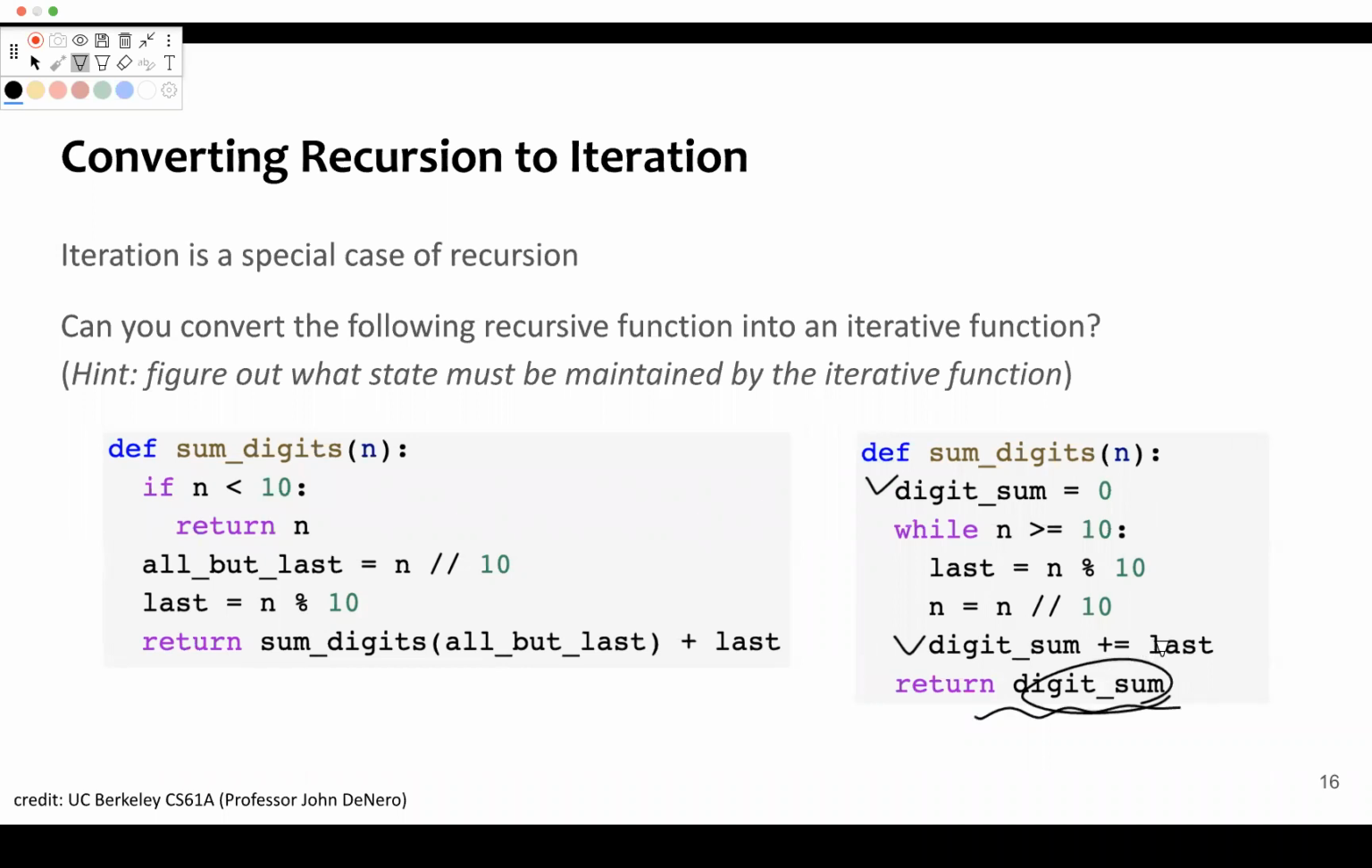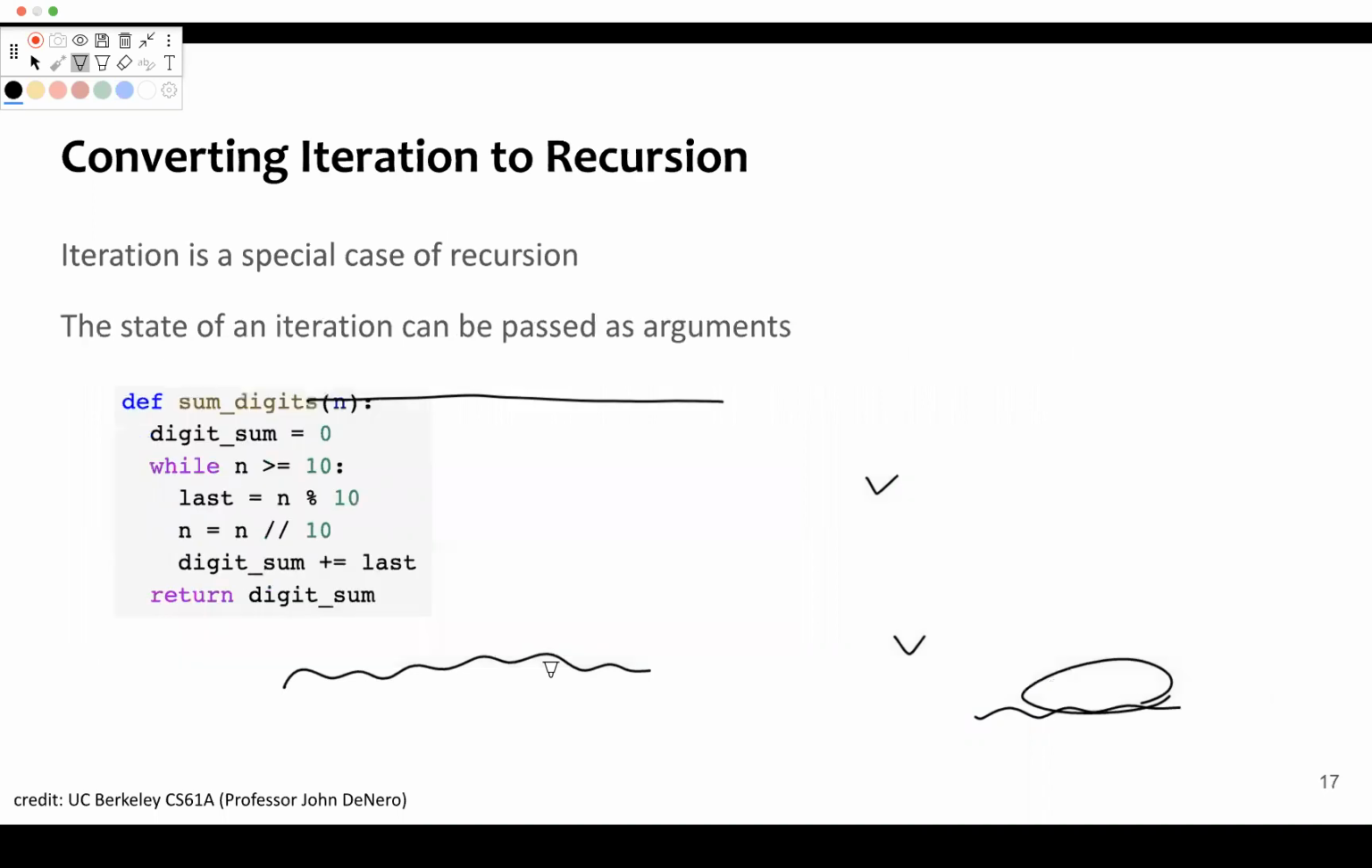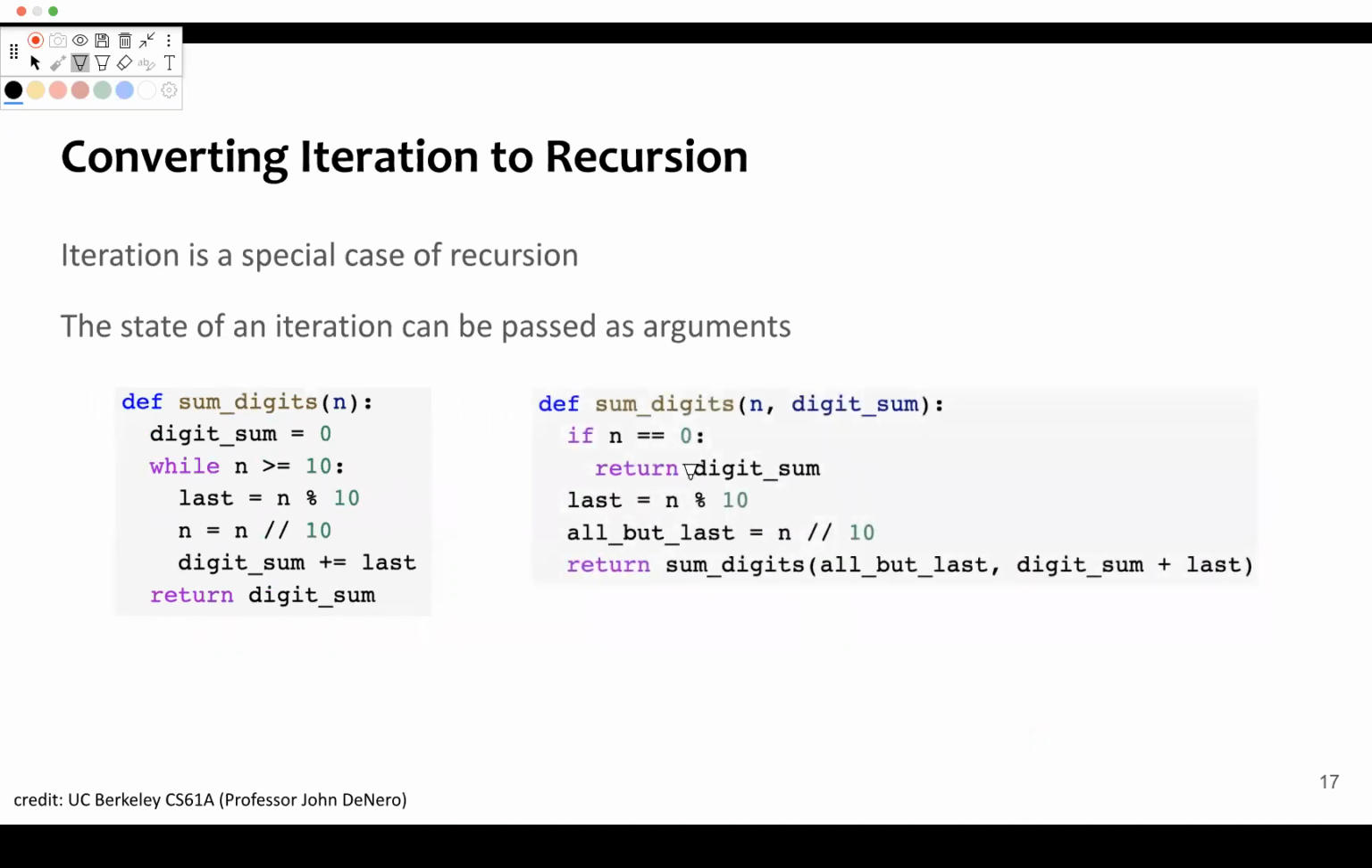So the way to convert a recursive function into an iterative one is to ask what state must be maintained. So here we need to maintain the sum of digits. All right, and we can also convert iteration to recursion like this. So it is simple. So in this case,